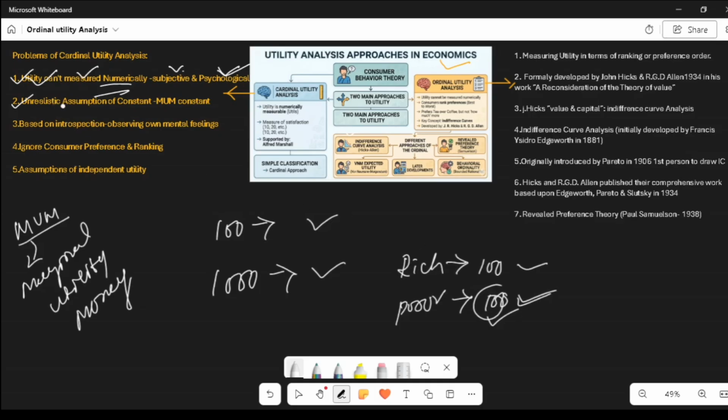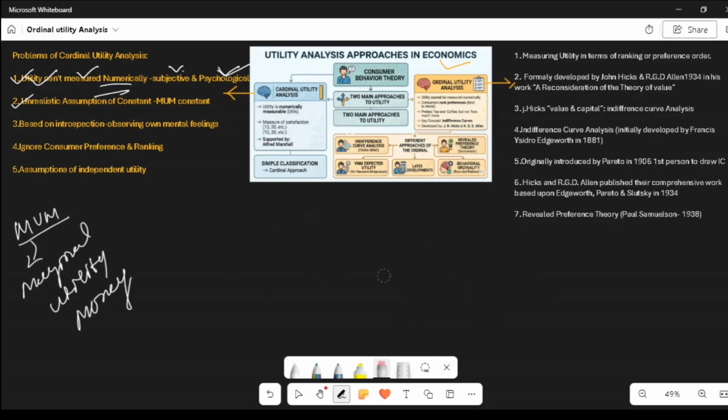So there is an unrealistic assumption of constant marginal utility of money. The marginal utility of money can vary. It increases with the increasing value of the money. So it is an unrealistic assumption that we consider in the cardinal utility analysis, basically while we are talking